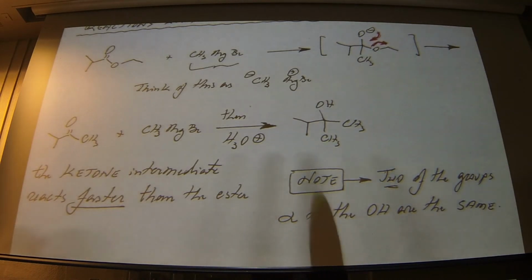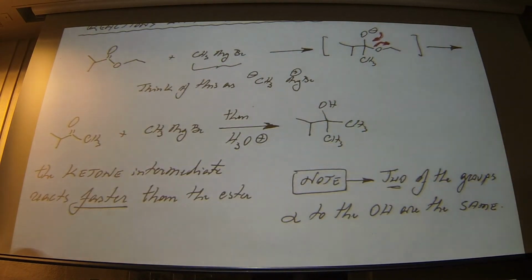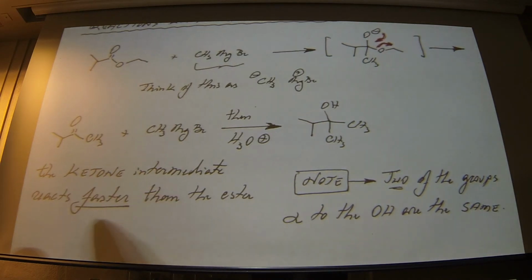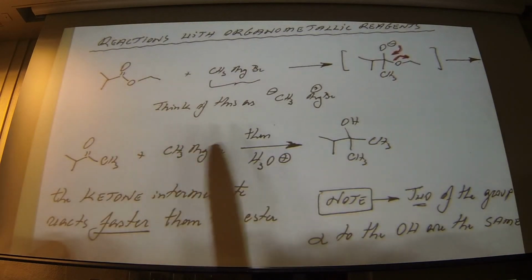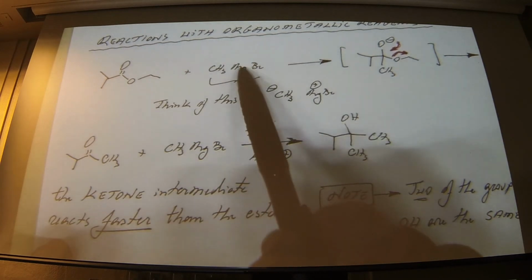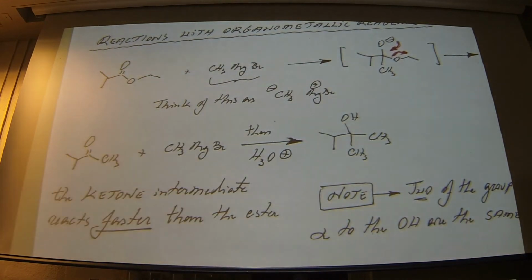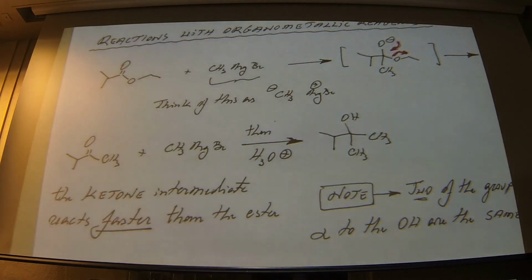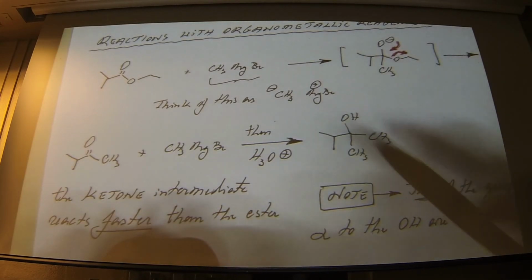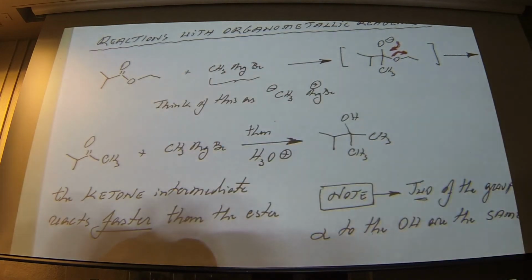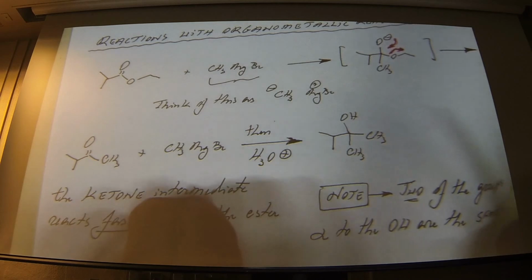And then you need to remember that yes, esters are reactive, but ketones are more reactive, so that's why this works. The ketone intermediate never accumulates. You say, but I can figure out a way to make this accumulate, because I'm going to use an excess of this and a little bit of that, and then add this to the big excess. And yeah, you can play games like that. They don't work very well because there's a big difference in rate between those two carbonyl compounds. So even if you use a 1-to-1 ratio here, what you end up getting is this and unreacted starting material. And so that